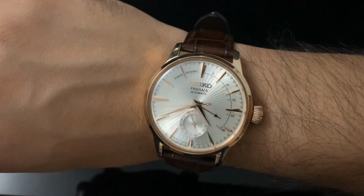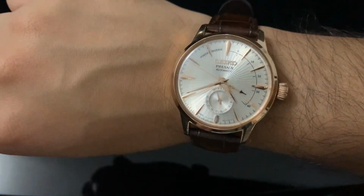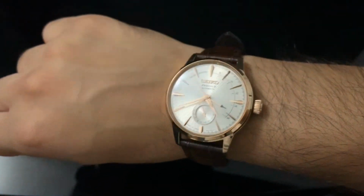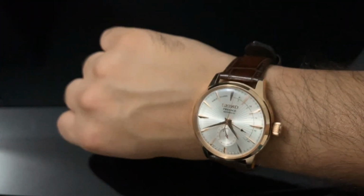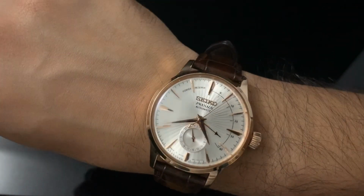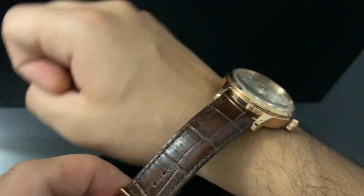It doesn't really have any lume on there, unfortunately, so you can't really see it in the dark, but that's all right because I don't really try and check the time in the dark so often. I think the strap is 20 millimeters. And there it is. That's my review of the Seiko Presage Cocktail Time